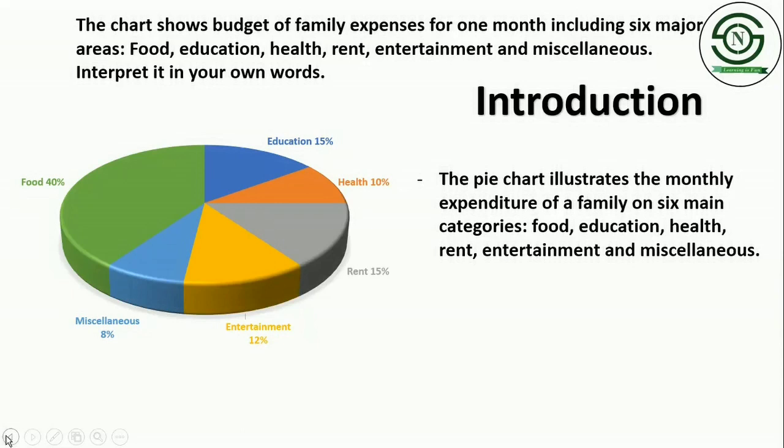Good. So only 2 things. What is exactly the pie chart about? And what are the categories that you can notice in the pie chart? If you write it, your introduction is done. Now, after introduction,